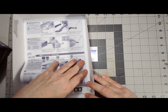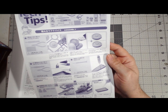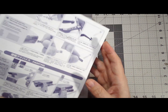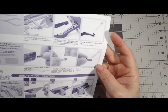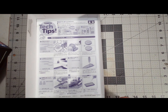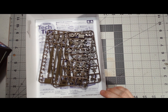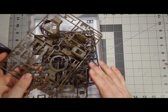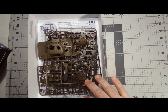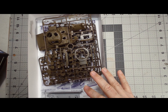The last thing you get in the box is a little tech tips sheet that they put in here, with advice for removing excess plastic, sanding, painting, test fitting, all the stuff for a beginner modeler, as befits these kits as they originally came out. So they've got quite a few of these in 1/48 scale now. I don't know if they're up to 100, but they're certainly over 50. This is, I believe, number 48. I will double check